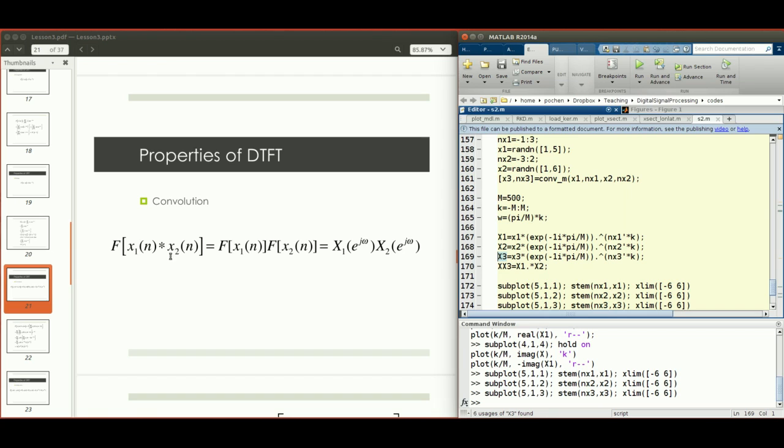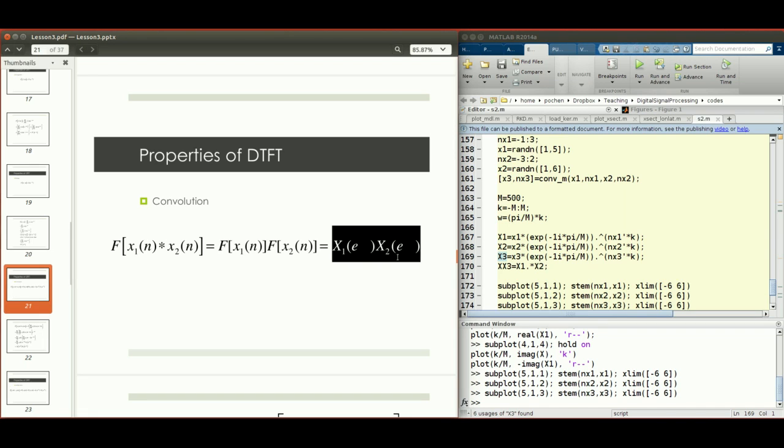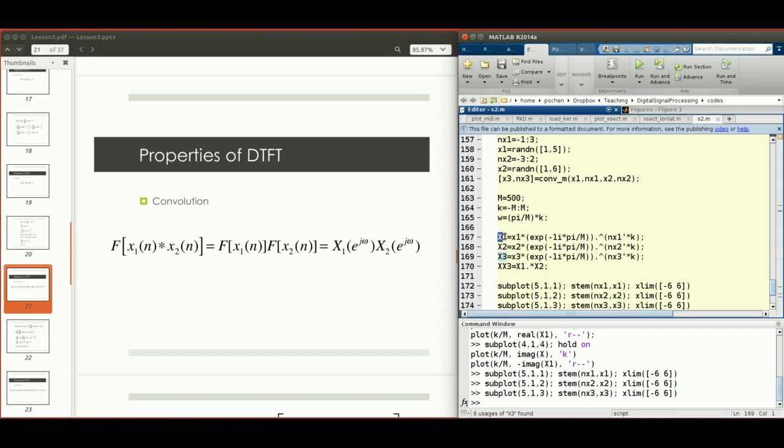So big X3 is basically the left-hand side, right? And then the right-hand side is what? The right-hand side is the Fourier transform of the first signal multiplied by the Fourier transform of the second signal. We have the Fourier transform of the first signal stored in big X1, and the Fourier transform of the second signal stored in big X2. Because both signals are on the same horizontal axis, W, if I want to multiply these two together,